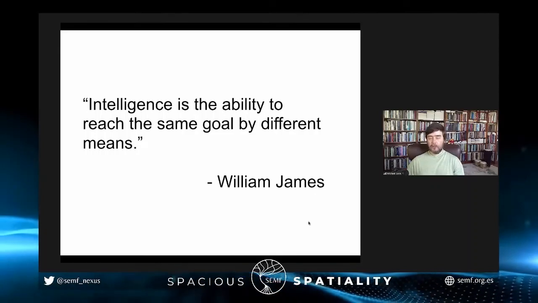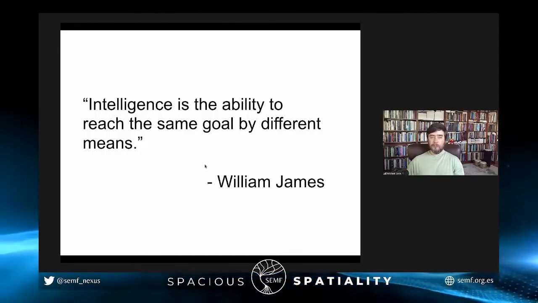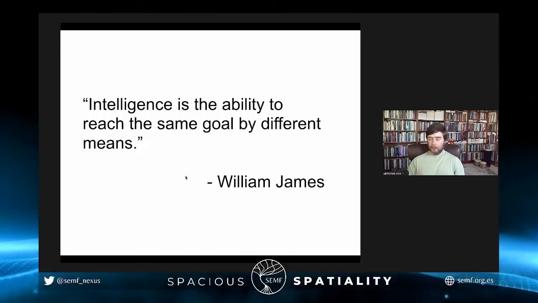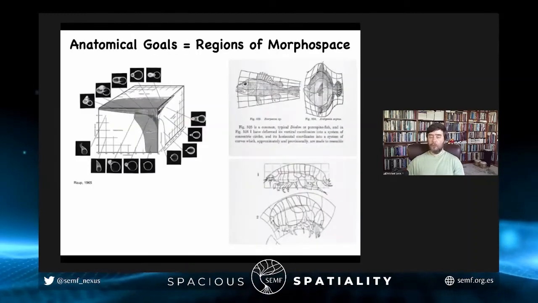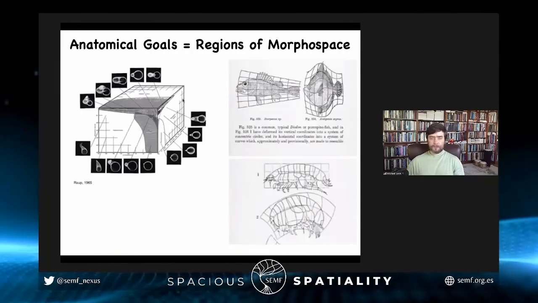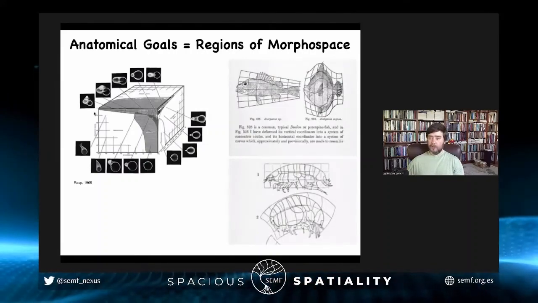Now, what do I mean by intelligence? I mean what William James meant, which is the ability to reach the same goal by different means. And when we talk about pattern and anatomy, when I talk about goals, I mean regions of morphospace. Now, what's morphospace? Morphospace is the space of all possible configurations of some particular structure. So if you're looking at snail shells, for example, there are three